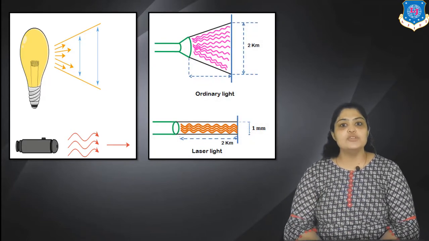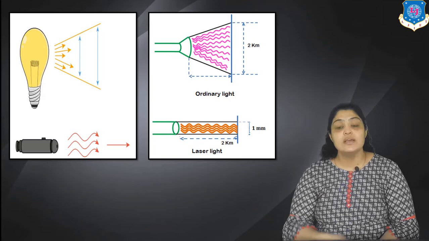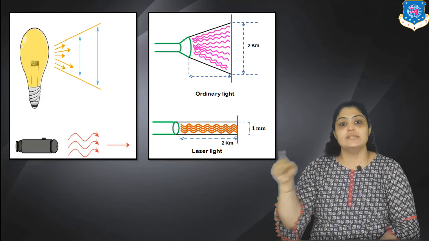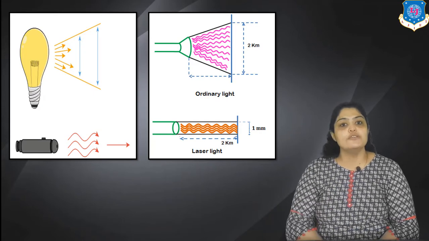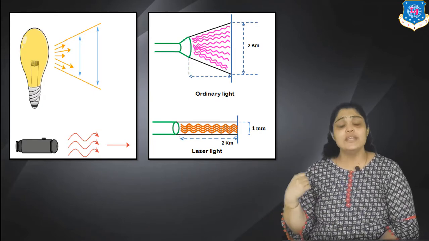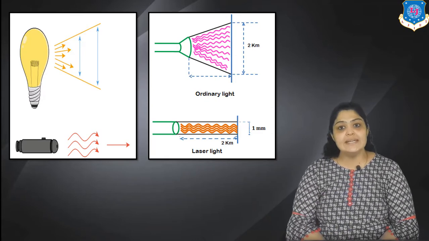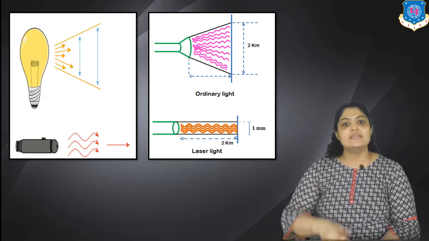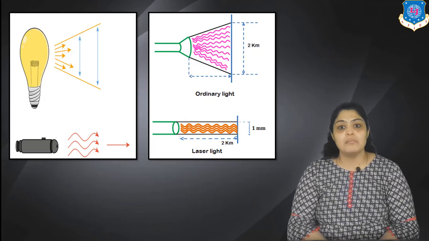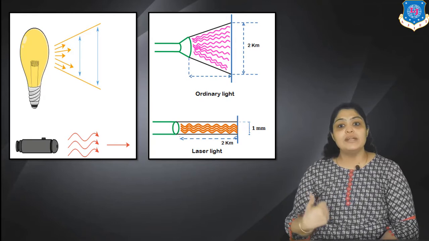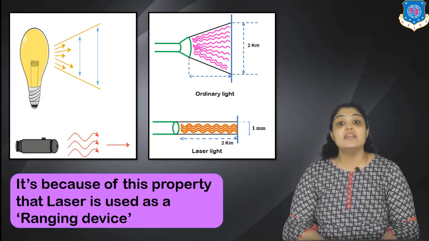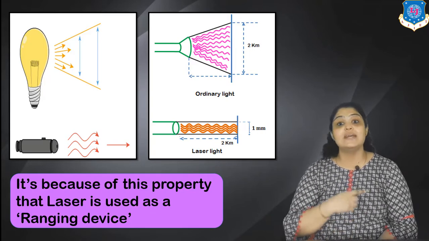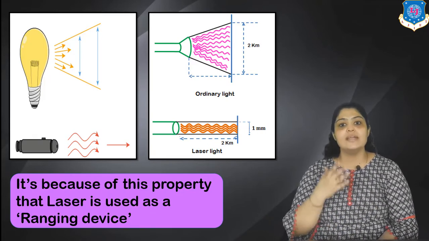Now, the second diagram shows that there is an ordinary light source. You can see that if the light source is thrown to a distance of 2 kilometers, it can spread up to a distance of 2 kilometers. Whereas on the other side, if you see laser light, if it is spread at a distance of 2 kilometers, you can see the spread is as small as 1 mm. Because of this property, the laser is used as a ranging device. It is used for even interplanetary communication because it doesn't spread, it doesn't scatter,